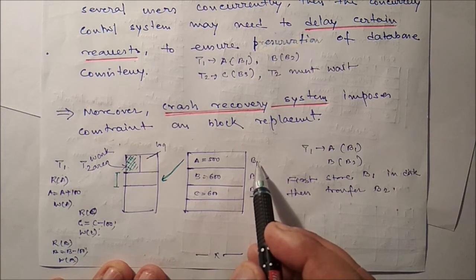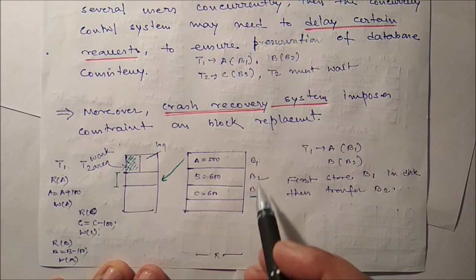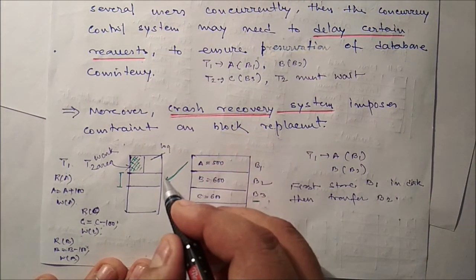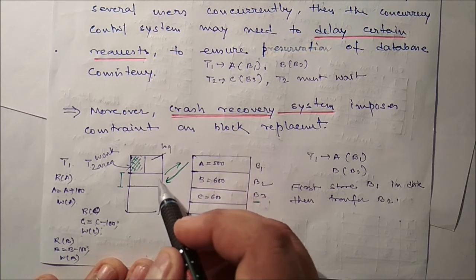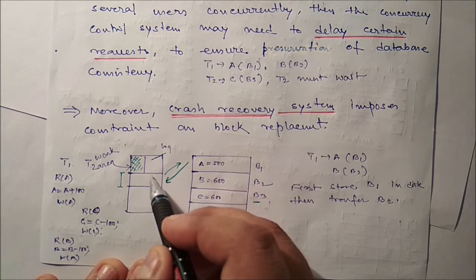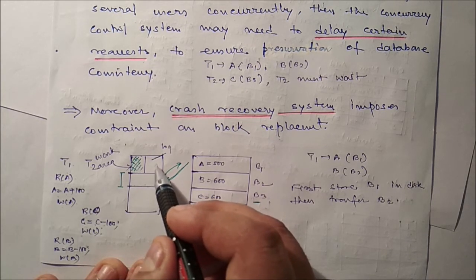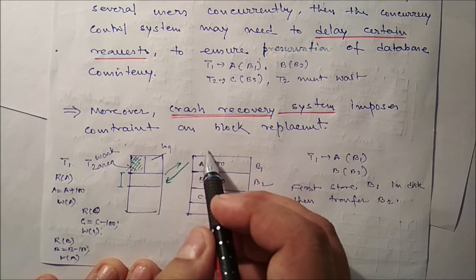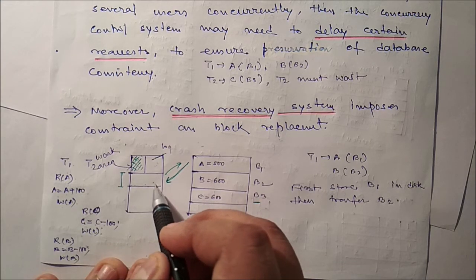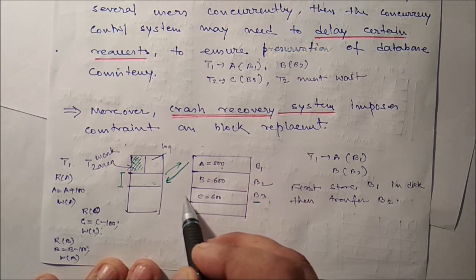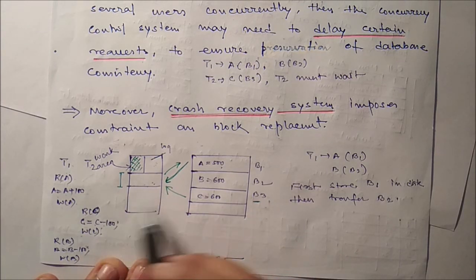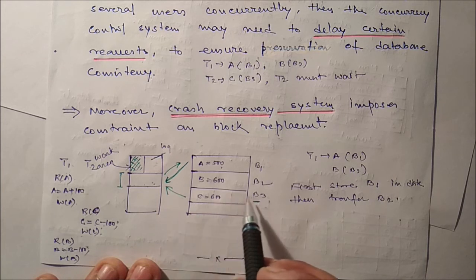So the buffer manager will not transfer this particular block suddenly. First of all, the buffer manager stores the information about this particular activity, which is present in the log. That log must be stored on the disk. After storing this, the buffer manager transfers the block from RAM to secondary memory, then gives the chance to transaction T2 to use the block where C is there. So after that, B3 is there.